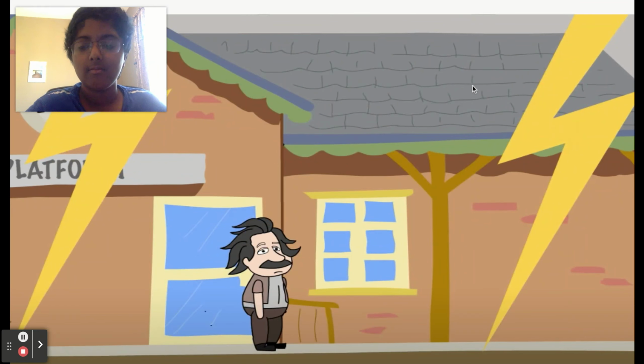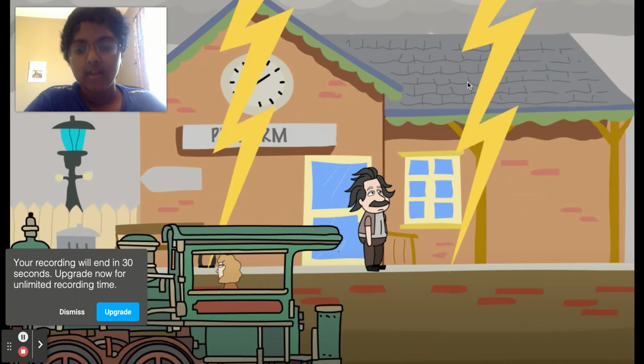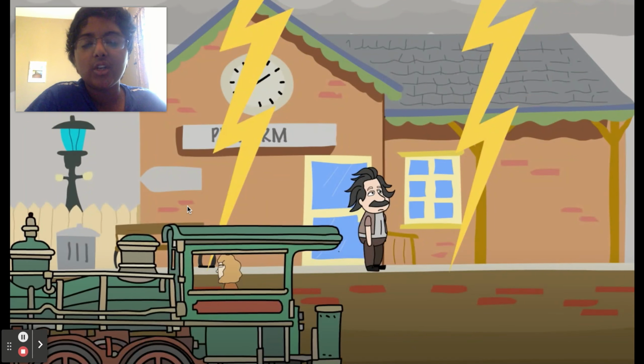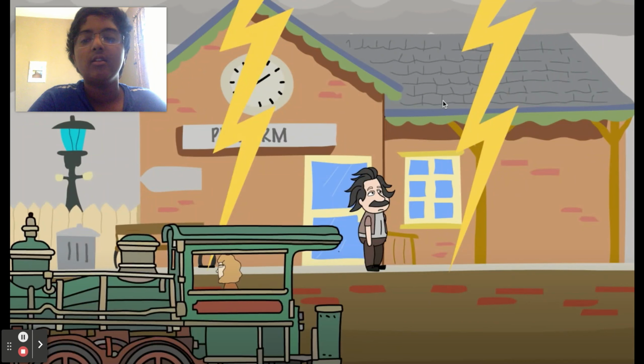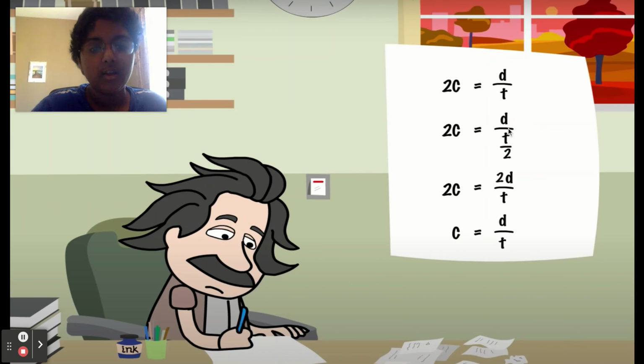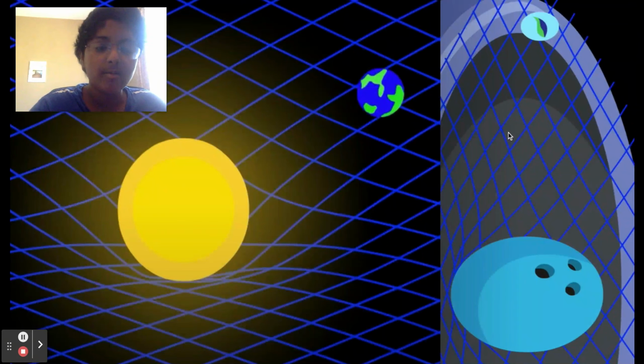Same example with the train. Let's say there are two lightning bolts, left and right, and the train's going at light speed. To him, he would only see the closest lightning bolt. But Einstein would see both of them because he's stationary. He's not moving anywhere. So E equals mc squared. He also mentioned that there's a space fabric, and this space fabric